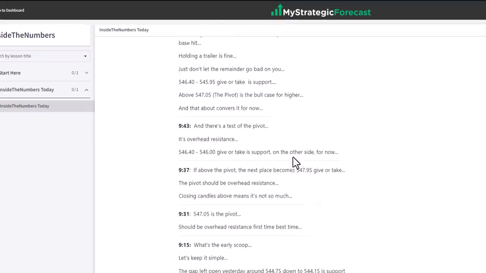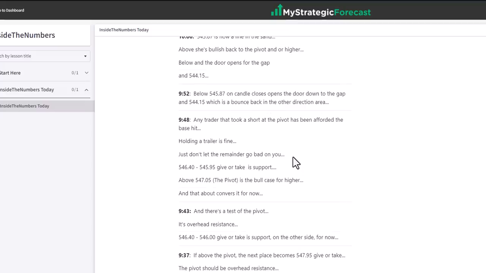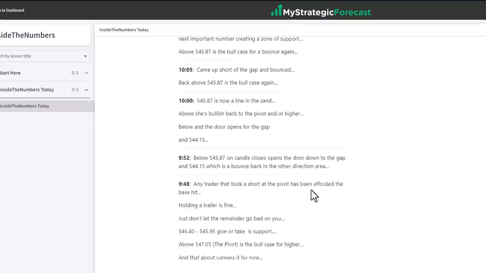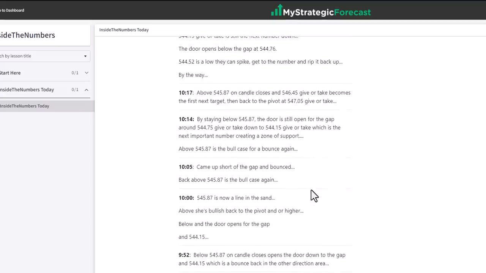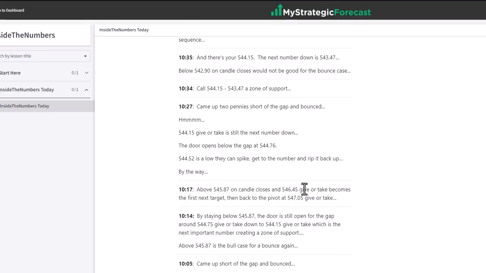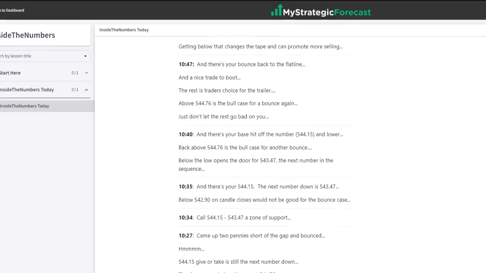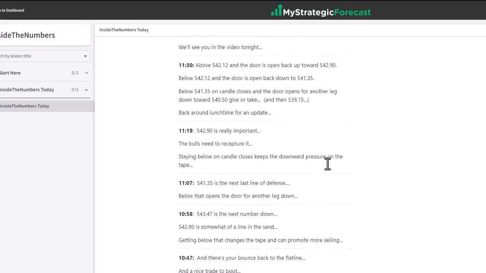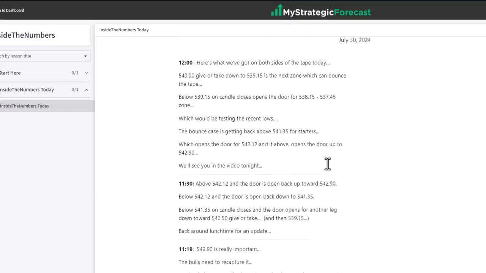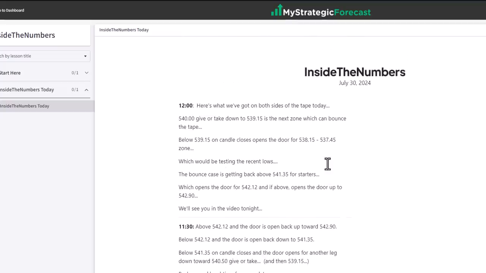Pause the video. Read the notes, go back to the chart, and double check the work. There's other numbers in here. There's way stations in here. There's short-term support resistance in here. I want to highlight a few important things. Those that are interested will pause the video, read the notes, and go back to the chart to double check the work. Just fast forwarding to 12 o'clock,